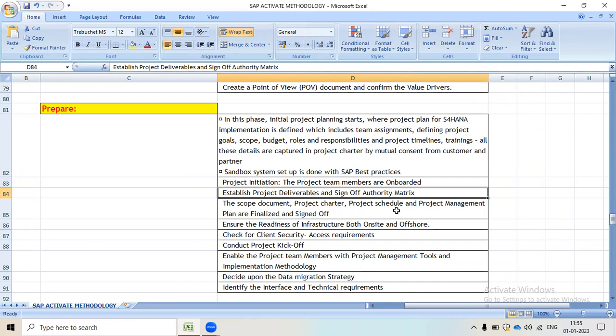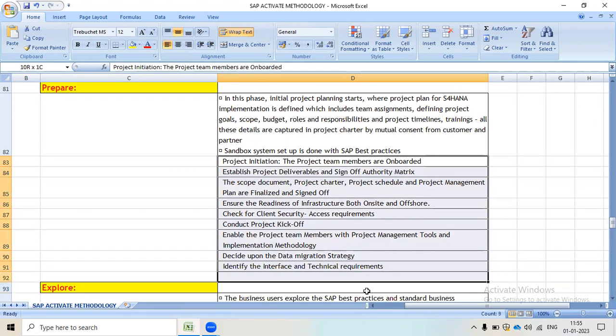Ensure the readiness of infrastructure, both on-site and offshore, check client security and access requirements, and conduct the project kickoff. Enable the project team members with project management tools and implementation methodology, then decide upon the data migration strategy and identify the interface and technical requirements. So all these activities will happen in the second phase of the Activate methodology.